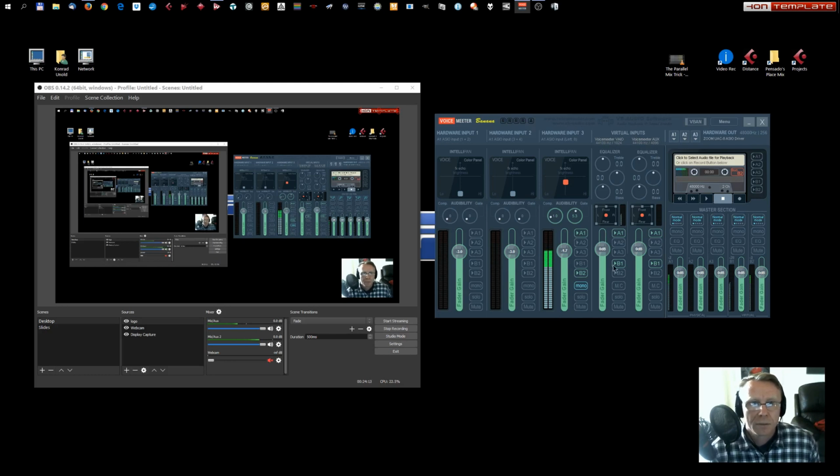Now let's focus on the virtual inputs. Whatever you have running on your computer, like your DAW, like your media player, MP3 player, will be fed into these channels, whichever of them you set up. This one will receive the audio. Right now I'm playing music from Wavelab, just to prove the point. Through ASIO drivers from